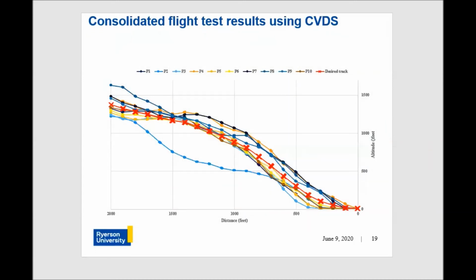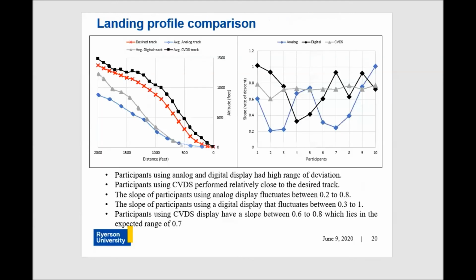Participants using the combined vision display system found it easy to follow the desired track because of the availability of three-dimensional waypoints, apart from one participant who deviated from the desired flight track due to some difficulty in following the waypoints. And this goes to prove that the availability of three-dimensional waypoints helps the pilot to follow the desired track and land the aircraft properly. And in order to better understand the results, all the participants' performances were averaged per display,